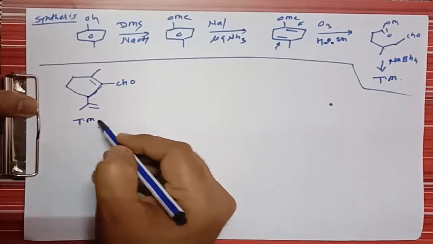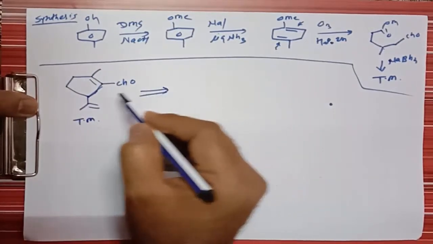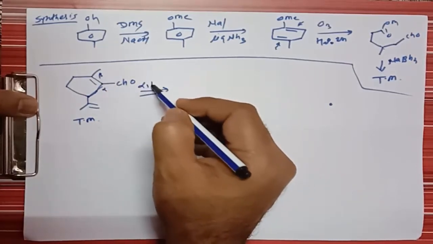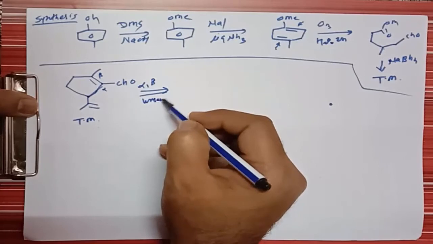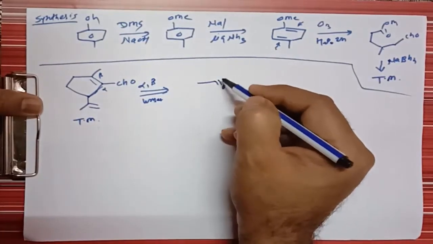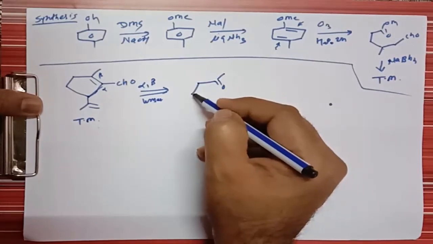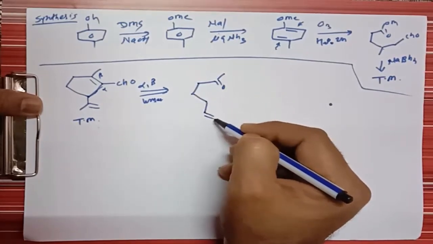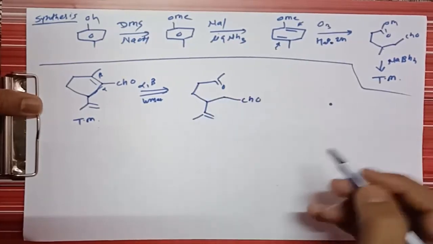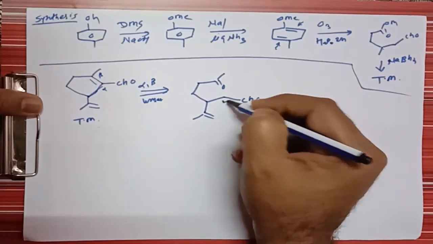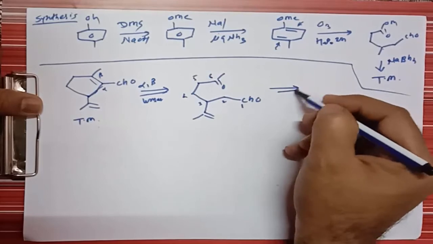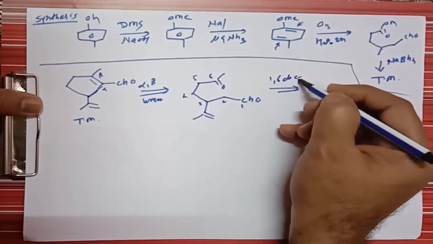Suppose this is a target molecule. Suppose in this target molecule this is an alpha beta unsaturated system. We can break this bond, and what does it give? It gives formation of a carbonyl group here, CH3 as it is, then CH2. So here is a double bond, CH3, and here is CHO, right. Now if you see, this is 1, 2, 3, 4, 5 and 6. So it is a 1,6 dicarbonyl compound, right, a 1,6 dicarbonyl compound.